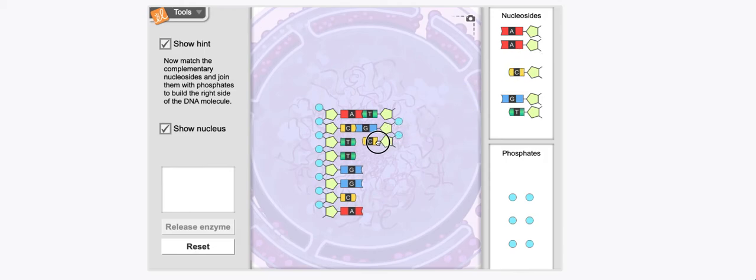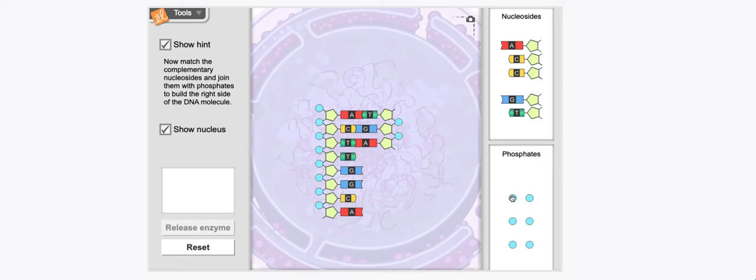You may notice I can try to pair these up, and it's just not going to work unless you have thymine and adenine pairing up. Again, we're going to need another adenine to pair with thymine, and we're going to need a cytosine to pair with guanine in this structure,